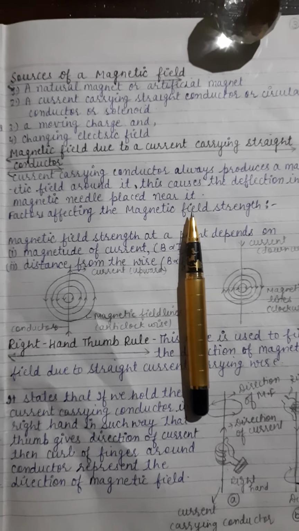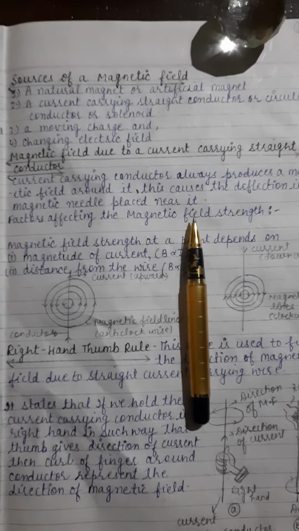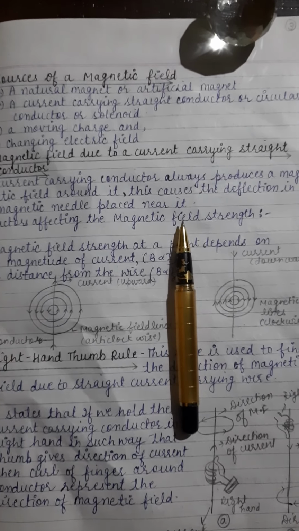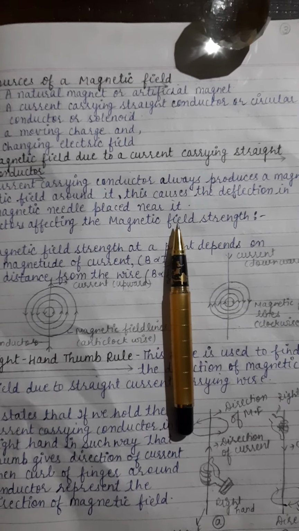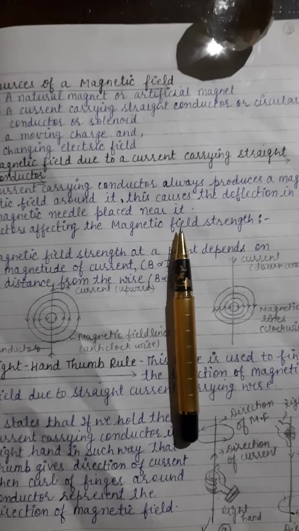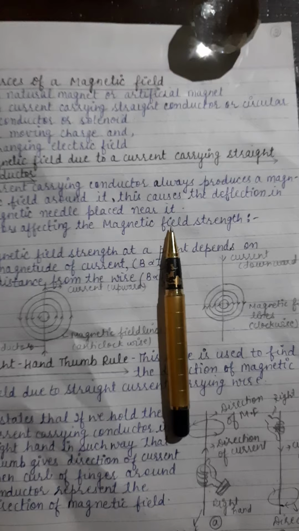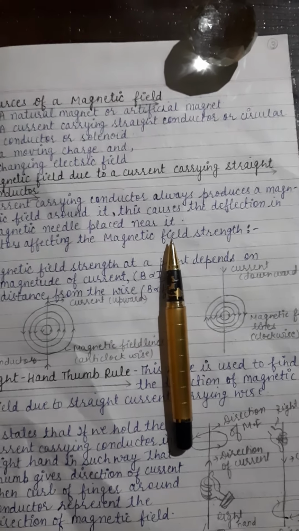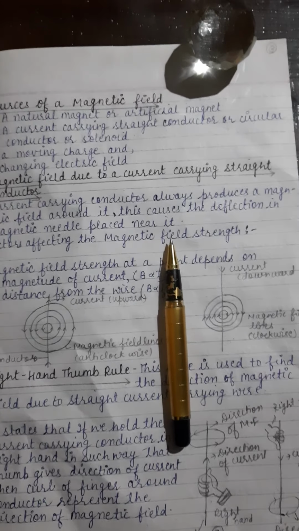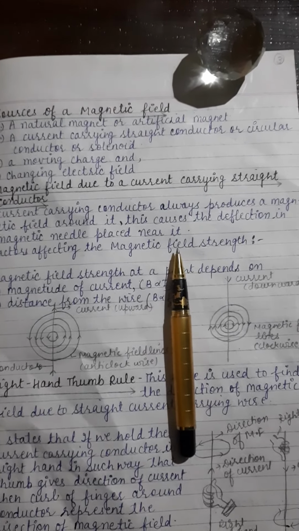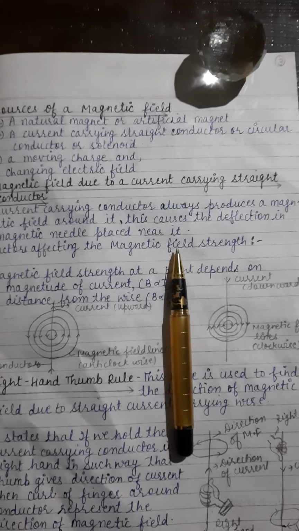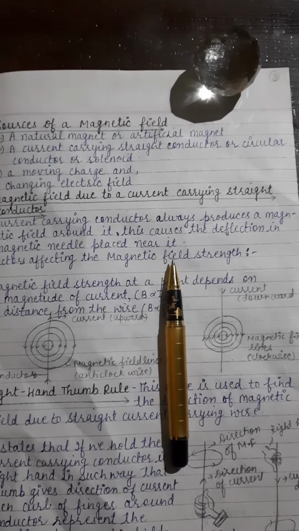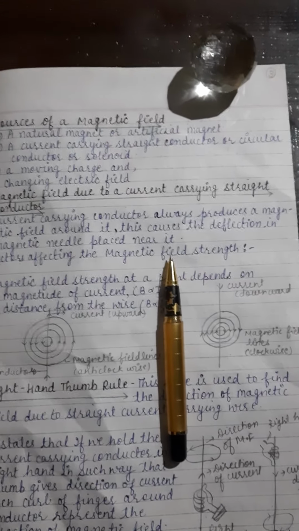Hello students, in the last class we studied about magnets and the concepts related to them, that is, the types of magnets and how we can produce a magnetic field with the help of a magnet as well as current. This we will discuss later in this class. In the last class we also studied magnets, the magnetic field around a bar magnet, and how the magnetic field changes if you take two magnets close to each other by the same faces or the opposite faces.